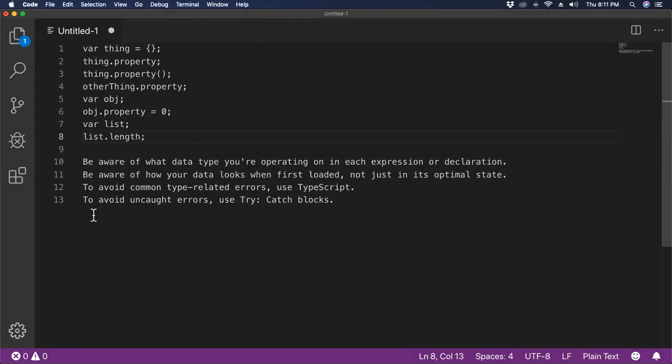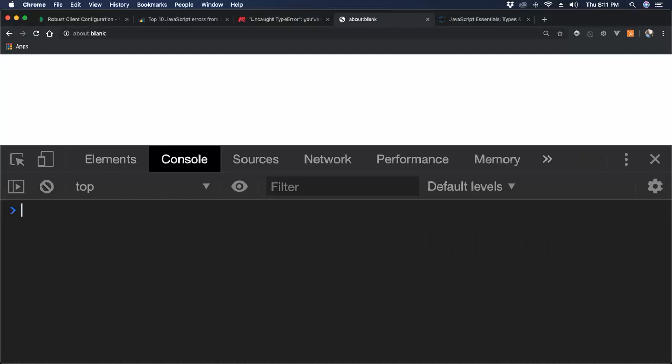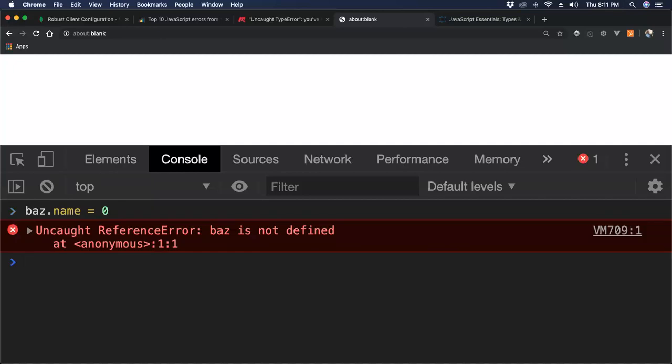Let's see here. What else have we got? If something doesn't even exist yet, so I have not yet declared a thing called Baz. Baz doesn't technically exist. So if I attempt to call something on it, name, then try to set it equal to 0,